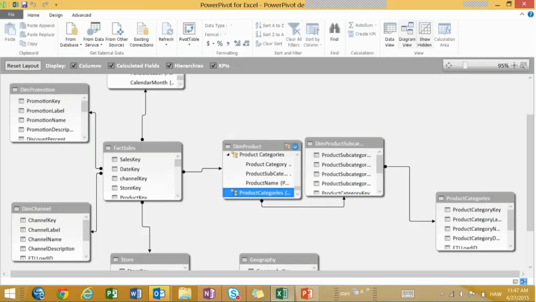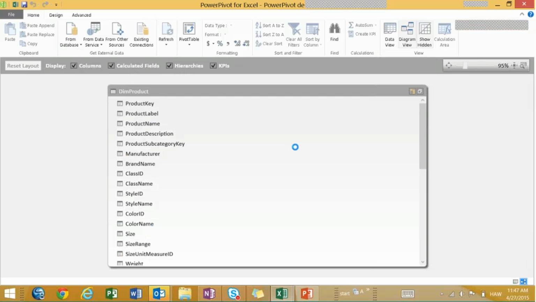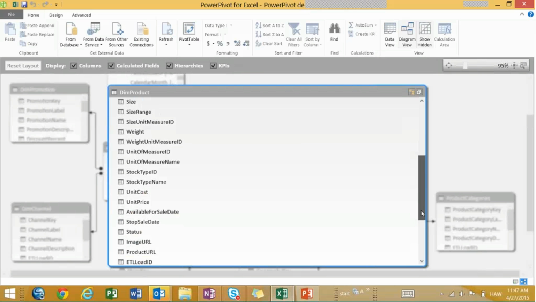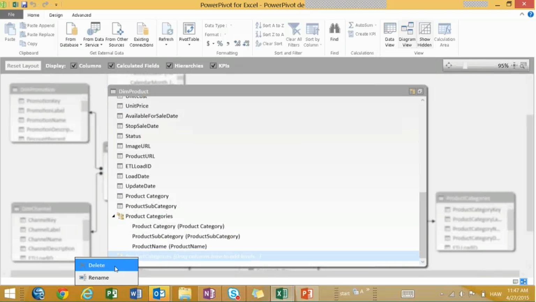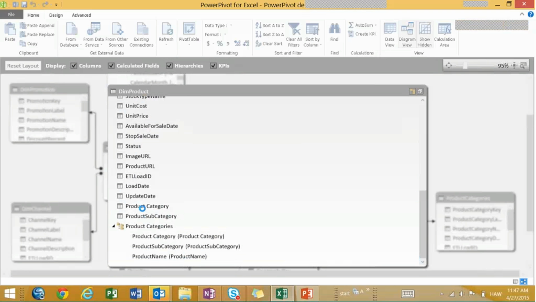And I'm doing this just to show you the drag and drop option. Product, oh, here we go. So you can drag and drop anything you need, just like I had done in the other piece, so that you can see